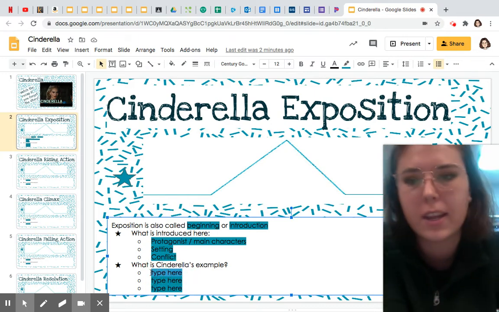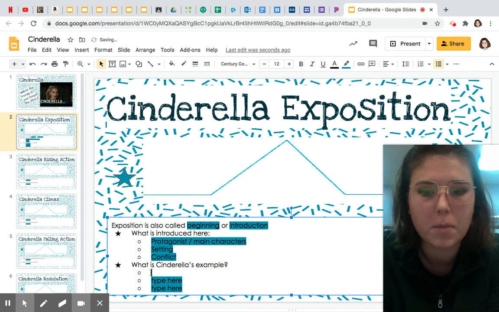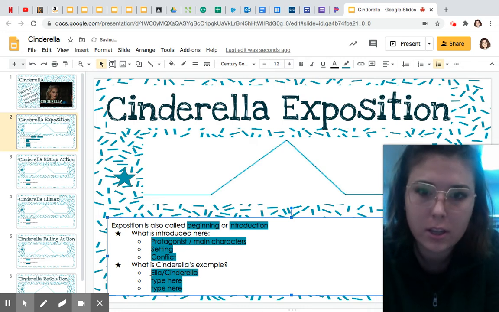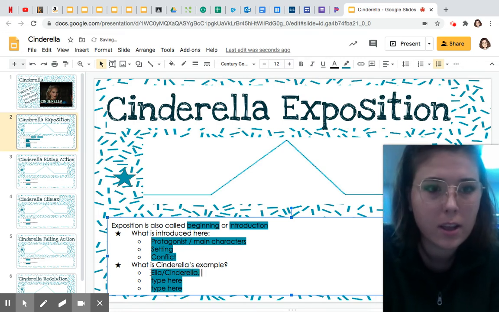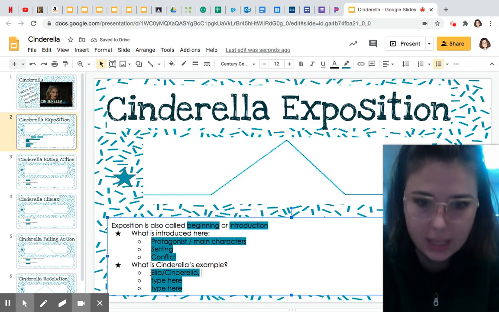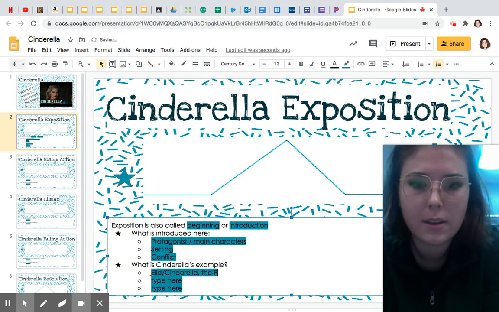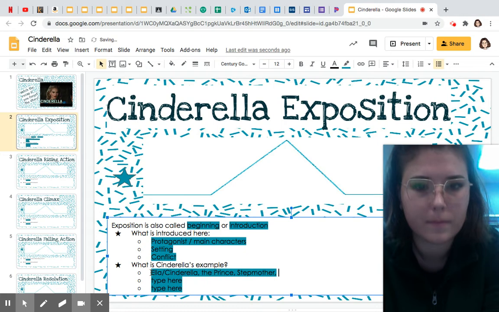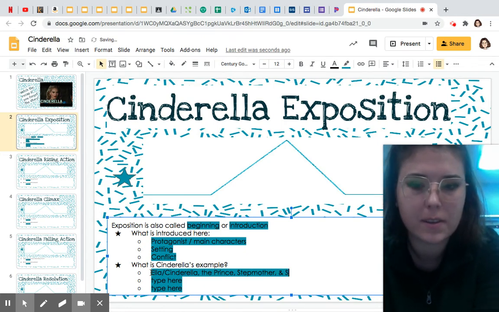For this one, the protagonist is going to be Ella / Cinderella, depending on what you call her. It's going to be the prince, the stepmother, and the stepsisters,